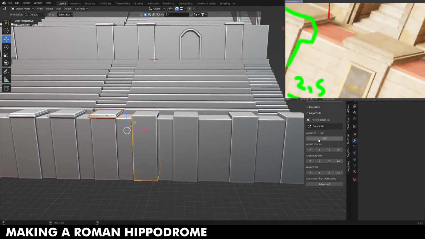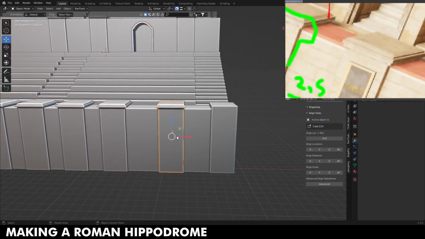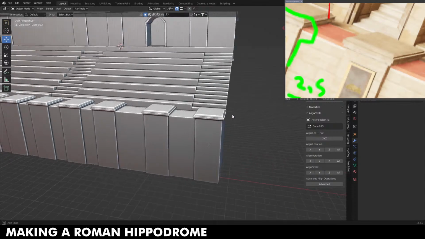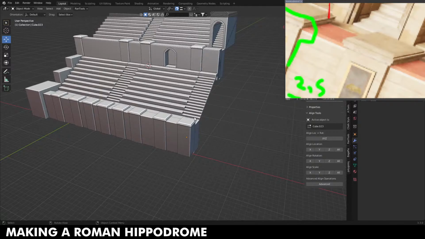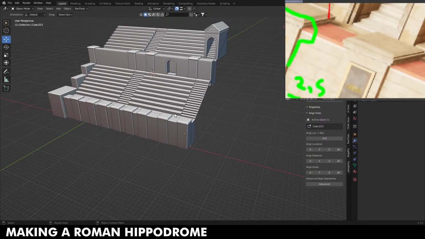Why did I add so many pillars? Why didn't I add an array for them? I don't know. Probably because I had to put different distances on them. All right, that's great. So if I were to duplicate this whole thing, except for this one,